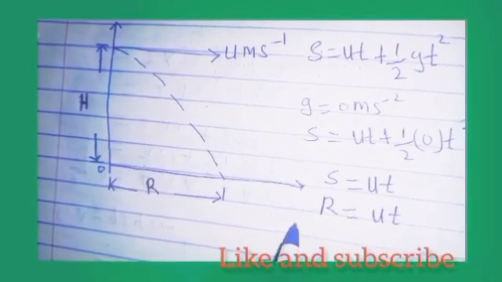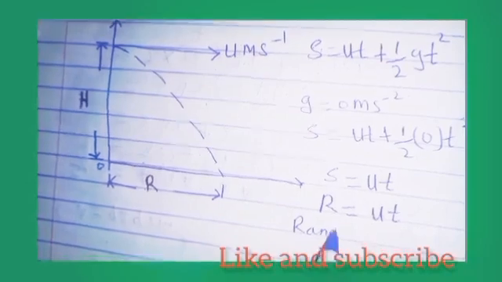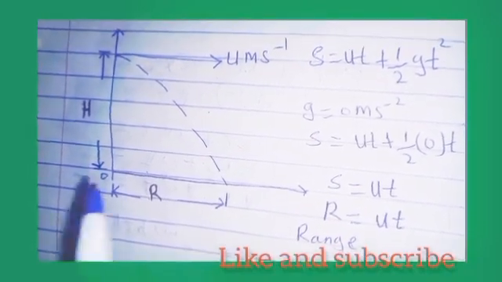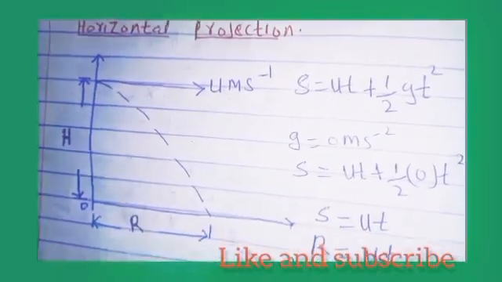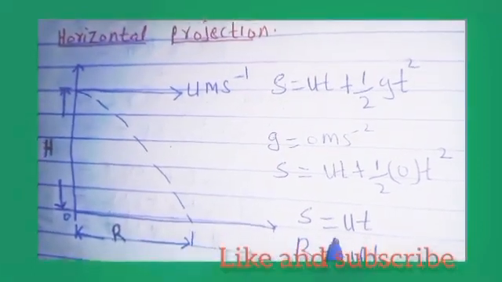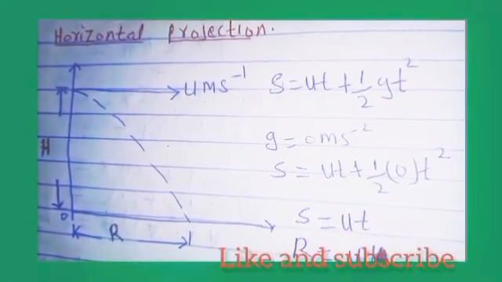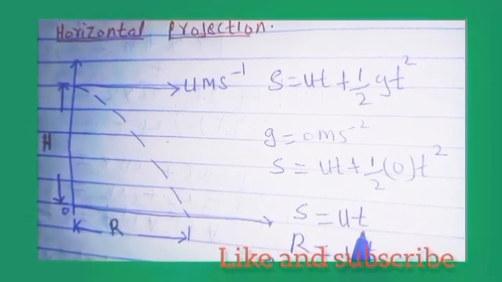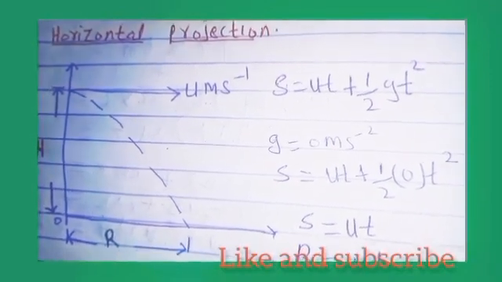So here R is the range of the projectile, the horizontal distance which the body will have covered from the point of projection, and it is given by ut, where u is the horizontal velocity and t is the time which the body takes to cover